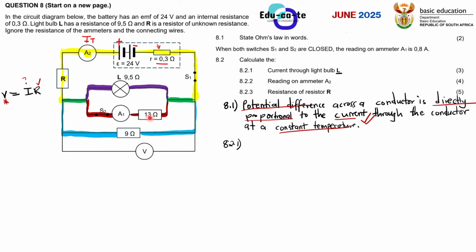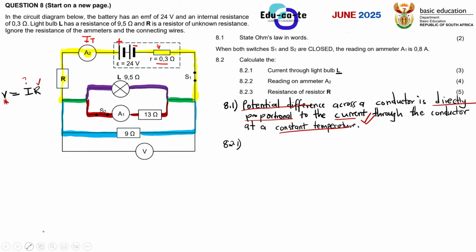And what do we know about the voltage across these parallel resistors? When you've got resistors connected in parallel, we always say that the voltage across them is equal. The voltage across parallel resistors is equal to one another. We don't add it up, it's not divided. It's only the current that is divided. That's why we drew it using different colors, but basically the voltage remains the same. So if we can find the voltage through this 13 ohms resistor, that would actually help us.